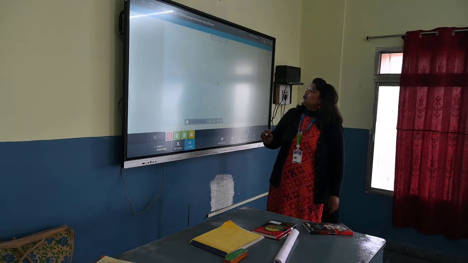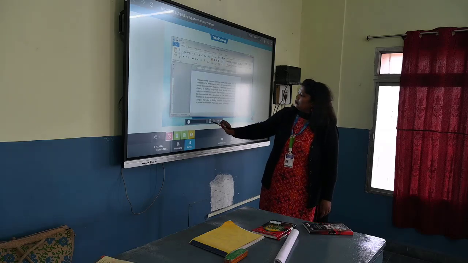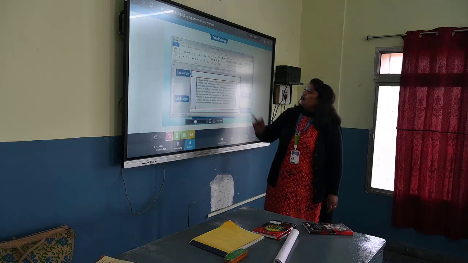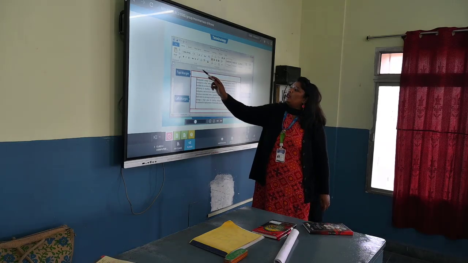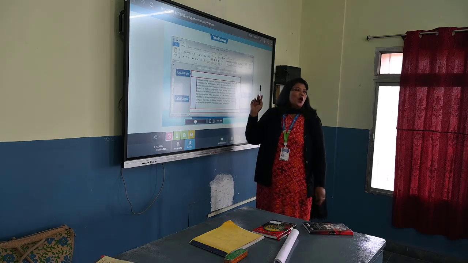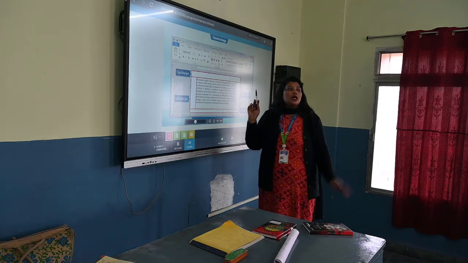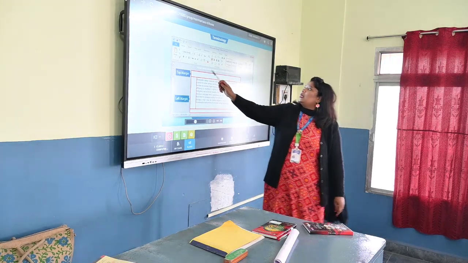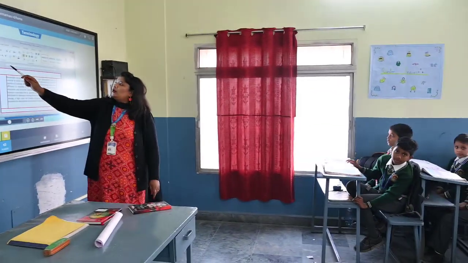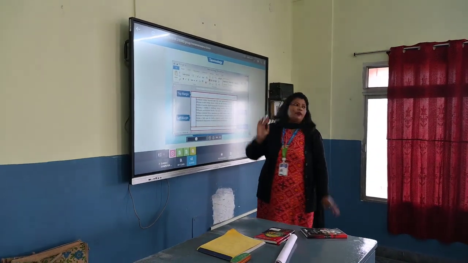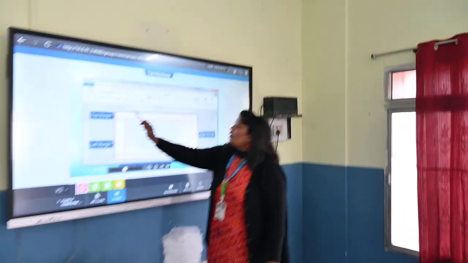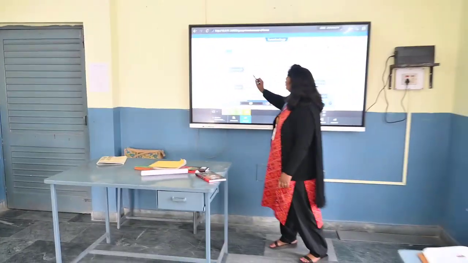What else is there? Margin is the distance from the text to the page. Margin. Have you noticed this one? Yes. This is what? Margins. How do you set margins? With the scale. Correct. In the View option you will find Rulers. Everything you will find there. And these are the margins where you can set.